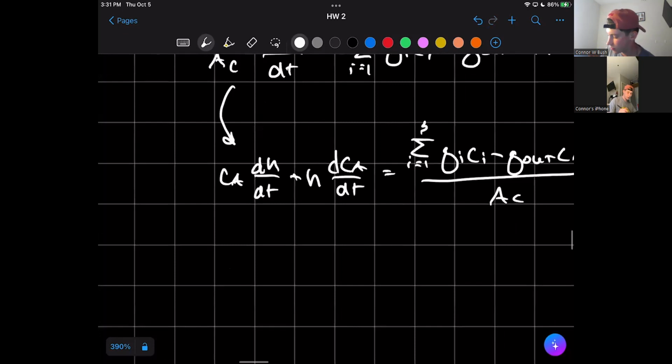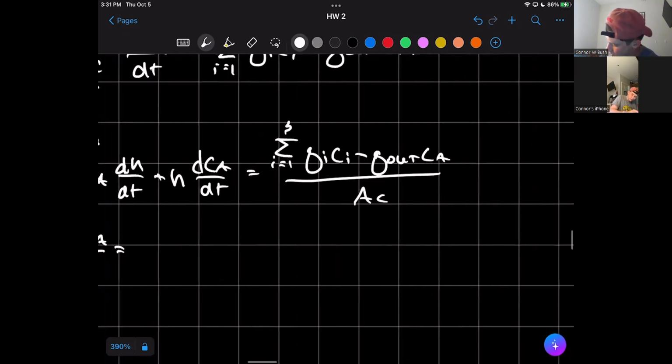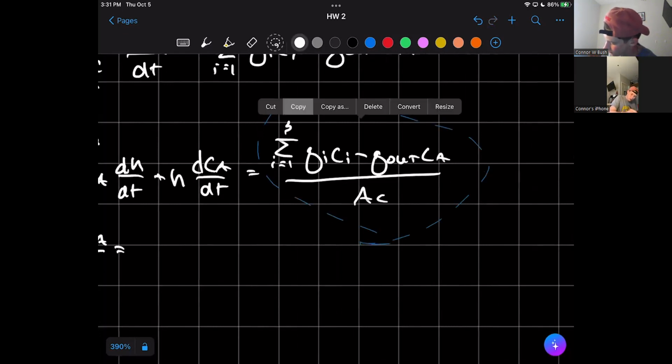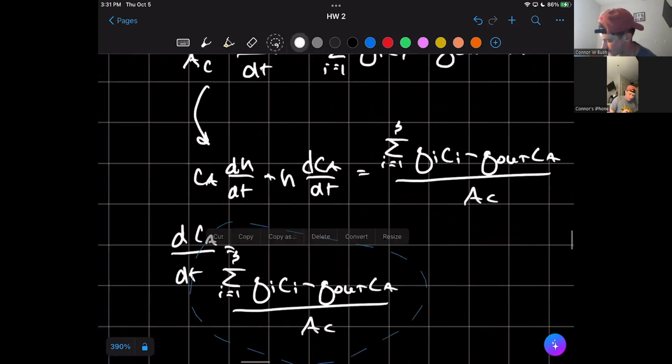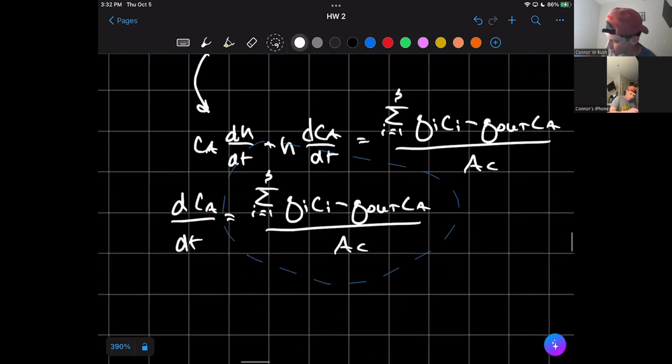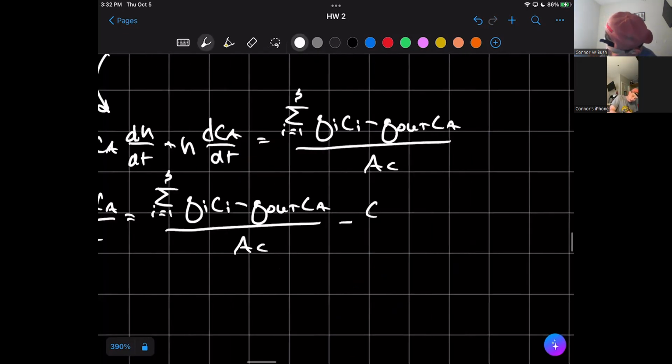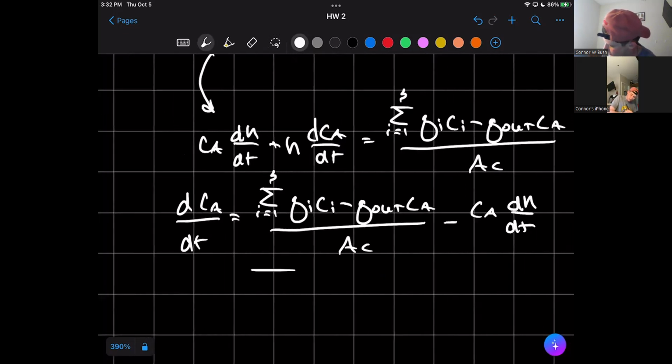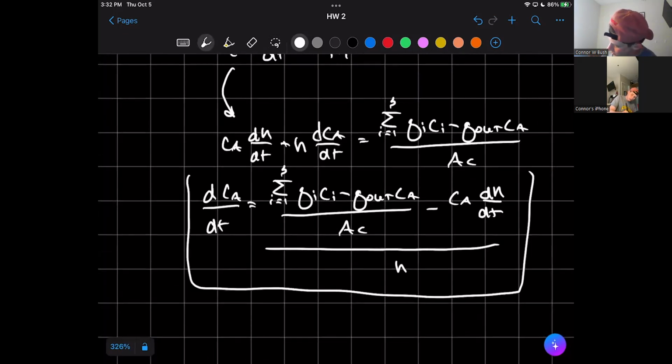And then if we just move over this C_A dH/dt term and then divide by H, we are left with an expression for dC_A/dt. I'm going to copy all of this over for the sake of time. Subtract C_A dH/dt and divide all of that by H. So now this is our expression